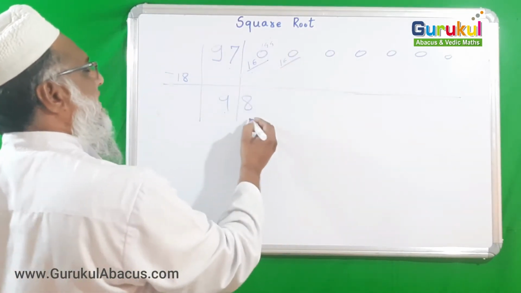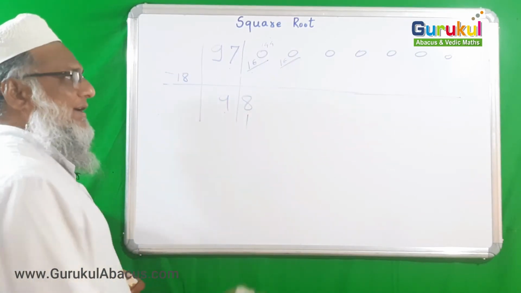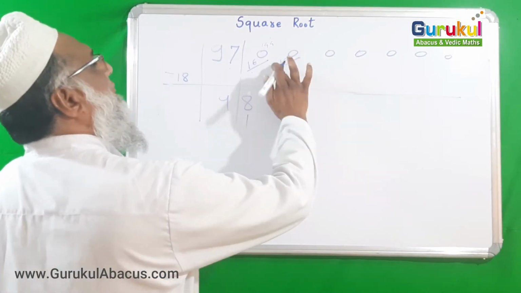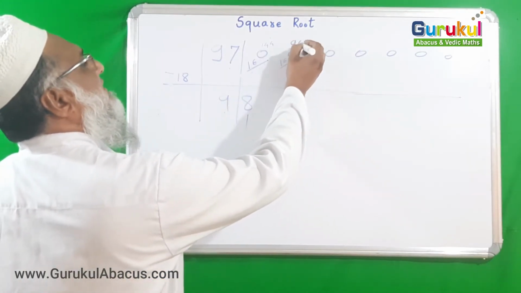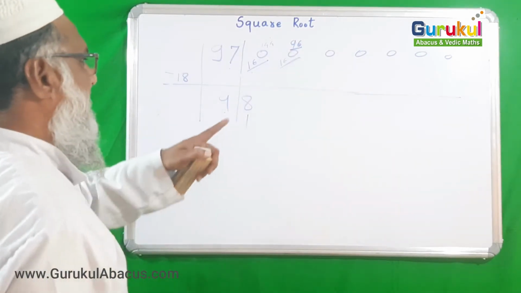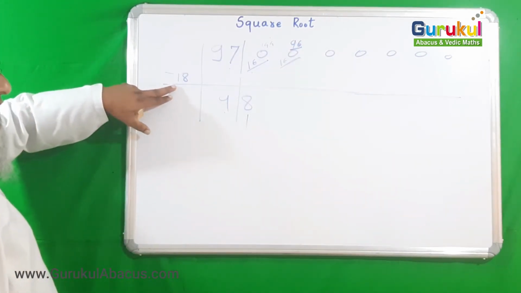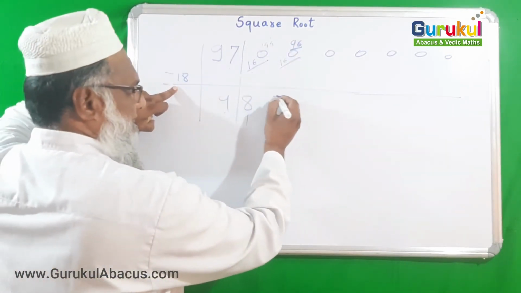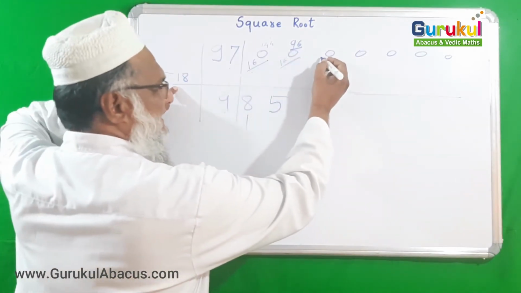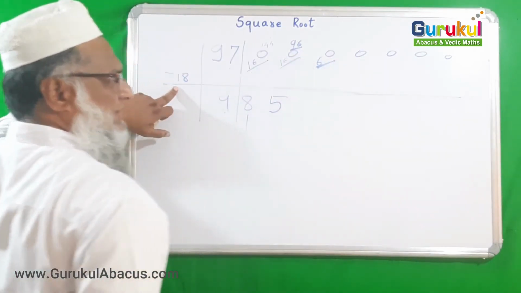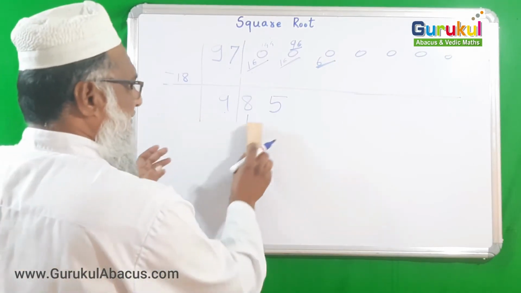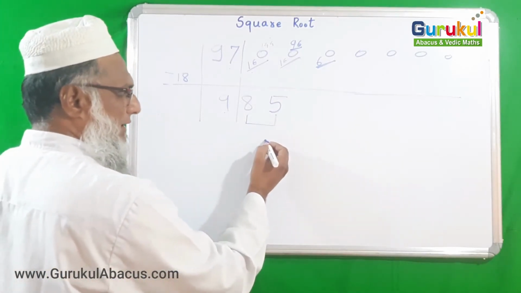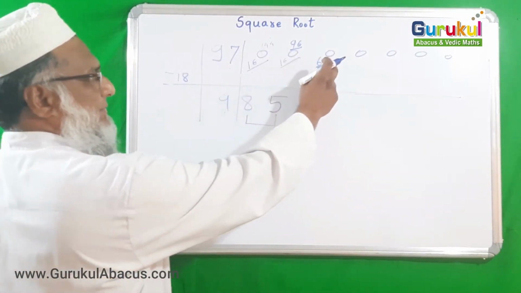Now from the 160 I should subtract Dvandva of 8. 8 8s are 64, I should subtract. If I subtract 64 from 160, remaining is 96, that I am taking for further execution. Then 18 is here. 18 5s I can say. So remaining 6 that I am adding here. It is now 60. But from the 60 we have to subtract Dvandva of this. 5 5s are 25, double is 50.